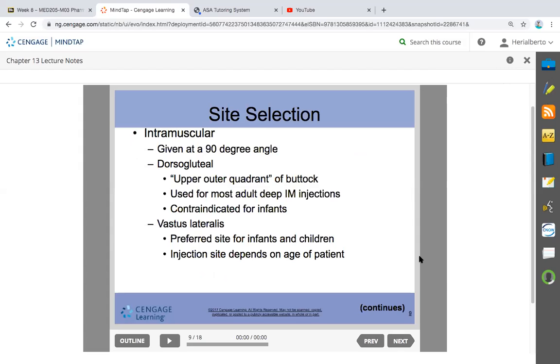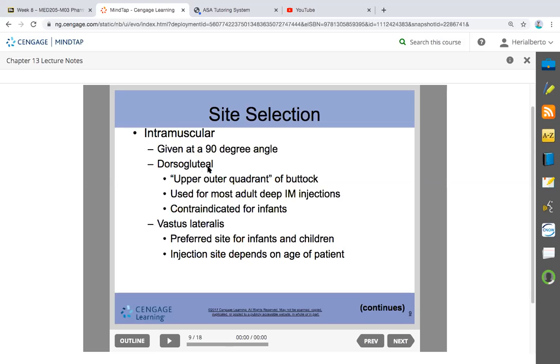Continuing with site selection, intramuscular. If it's intramuscular, the injection is given at a 90 degrees angle. A 90-degree angle is something like perpendicular to the surface that you're injecting. This is not the muscle. Well, here or in the gluteus, you have to do it like this. So one classical site and